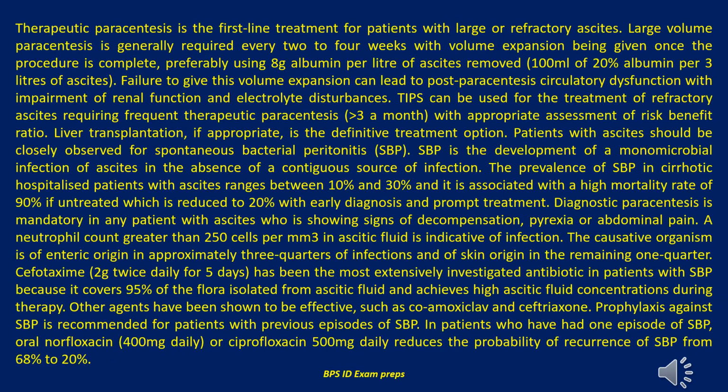Therapeutic paracentesis is the first-line treatment for patients with large or refractory ascites. Large volume paracentesis is generally required every 2 to 4 weeks, with volume expansion being given once the procedure is complete, preferably using 8 grams albumin per liter of ascites removed, that is 100 milliliters of 20% albumin per 3 liters of ascites. Failure to give this volume expansion can lead to post-paracentesis circulatory dysfunction with impairment of renal function